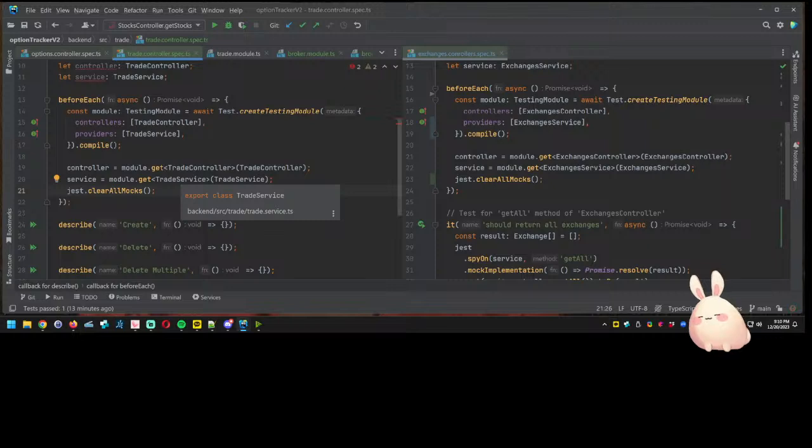For example, if we were using one of the other services, then we would need to bring it in as a provider. Let me finish off these